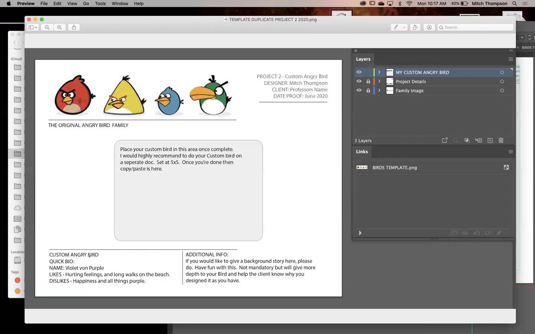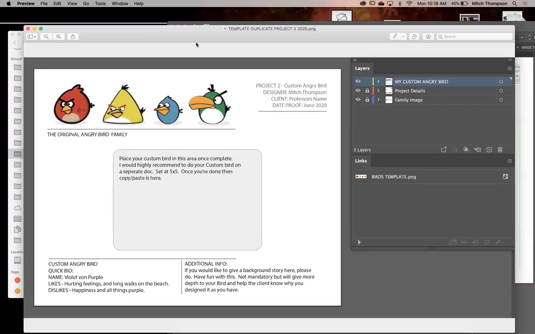This is where, if you want to go deeper into its backstory, you can call out its nemesis, and maybe that it was spawned by Merlin the magician, because I'm doing a magical, fantastical Angry Bird, right? He's got his own little staff and looks like Lord of the Rings style.